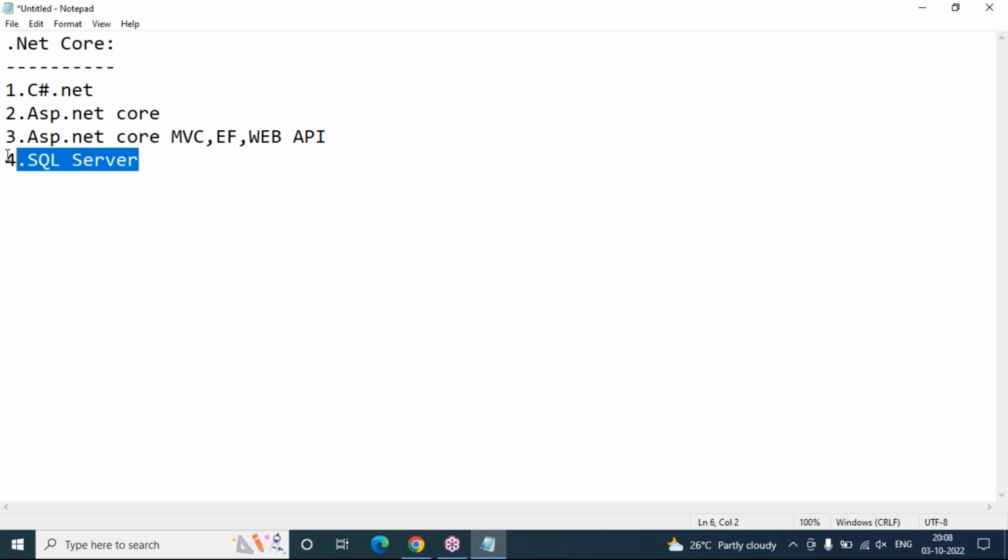And SQL Server is for database purposes, where we can store the information we collect from the client, into a separate storage area. That SQL Server software we are going to use. Even .NET Core supports Oracle, MySQL, and other databases also, but most .NET applications recommend the SQL Server database.